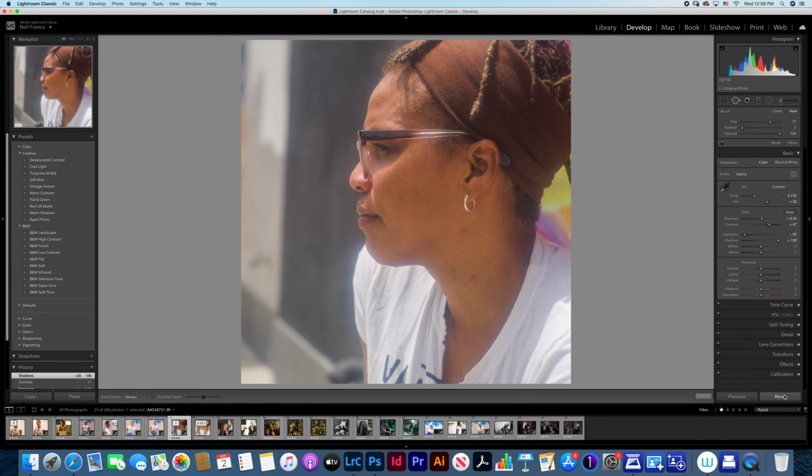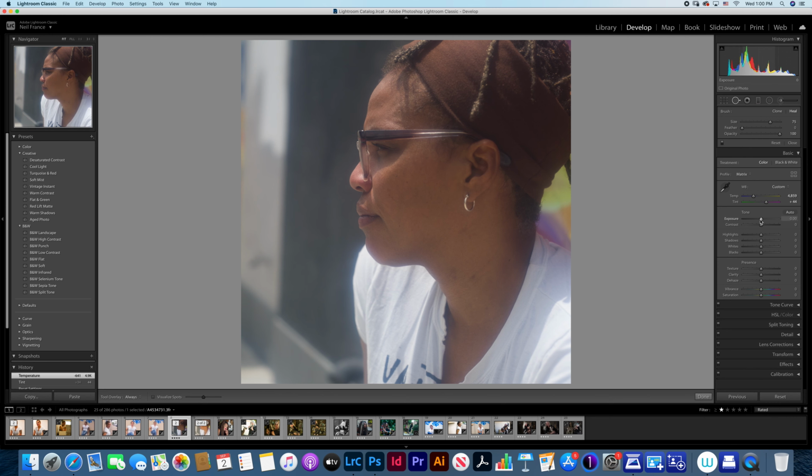Let's reset that so you could see. This is what it looks like out of the camera. This camera does an odd little thing where it gives me this green cast. So I'm gonna add a little magenta to get rid of that green cast. We got a little warming yellow thing happening, so I'm going to add some blue to get rid of that.